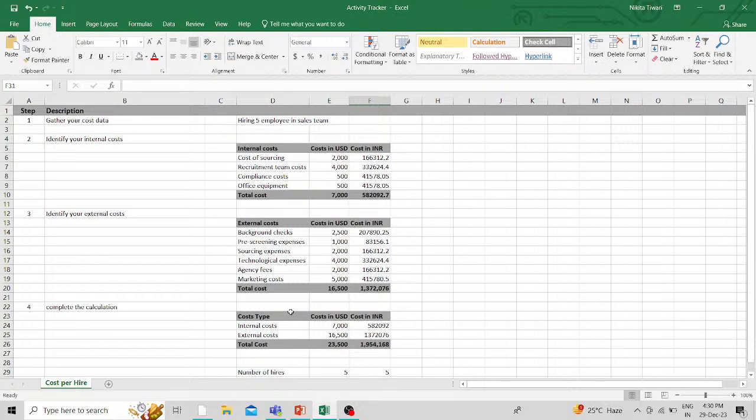Your number of hires could include both internal and external hires. It could also include temporary staff, freelancers, fixed term contracts. On the other hand, it could exclude employees transferred as a result of a merger or acquisition or employees that are on a third party payroll. Then the number depends on the period you are calculating your cost per hire for. You might look at the total number of new hires in a specific quarter or in a calendar year,